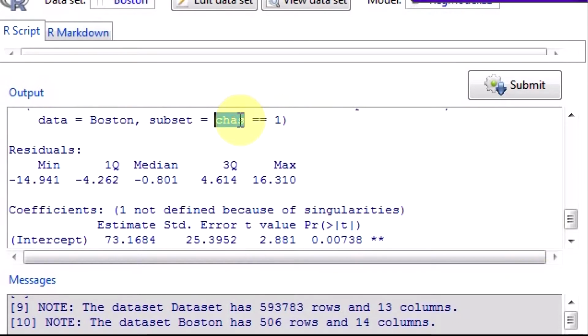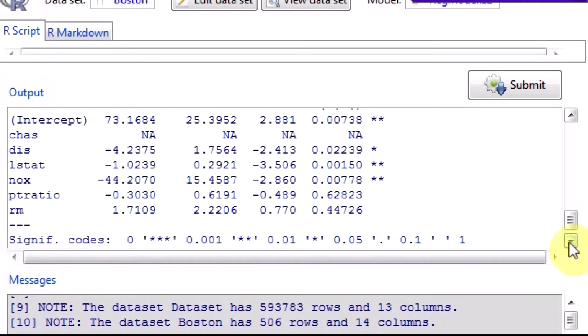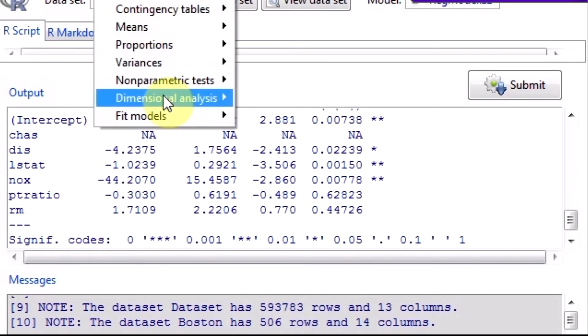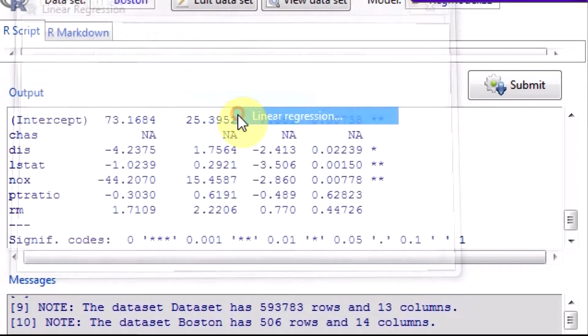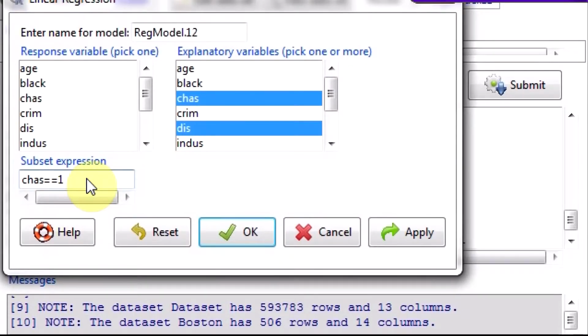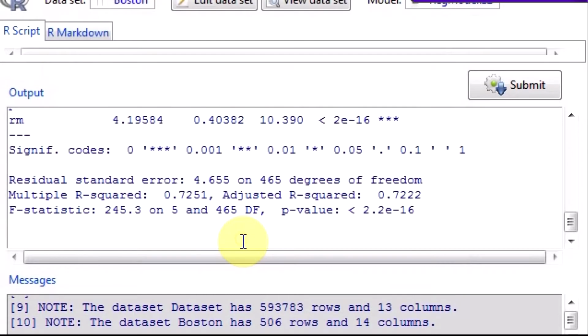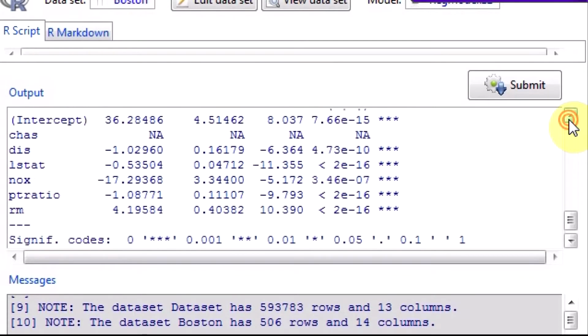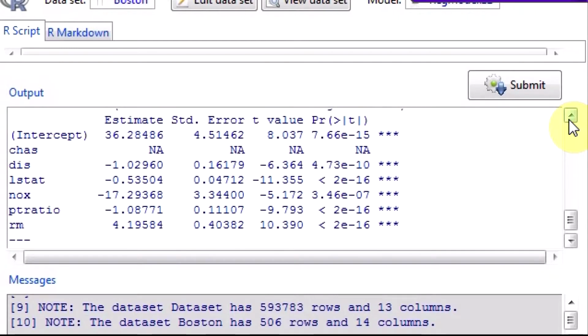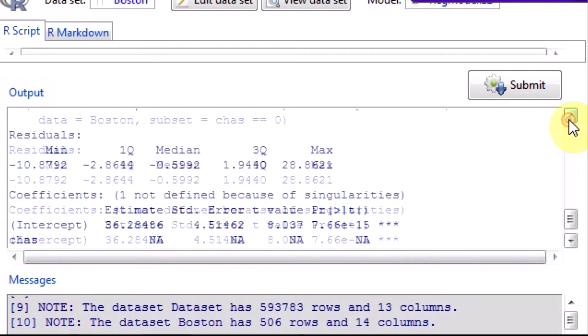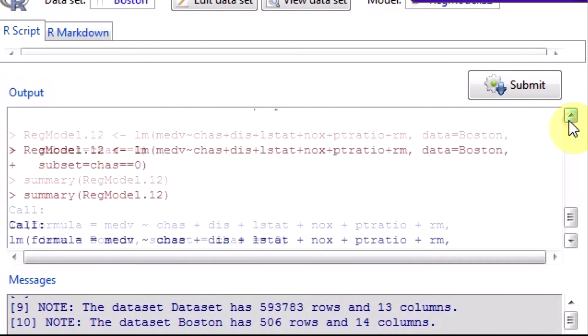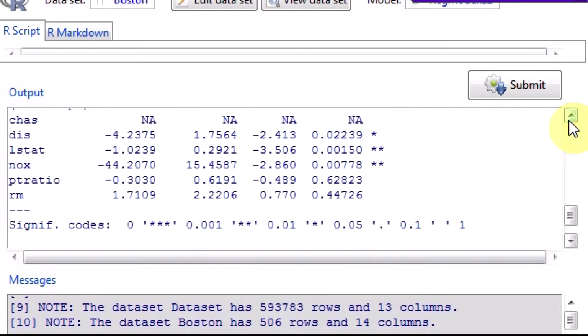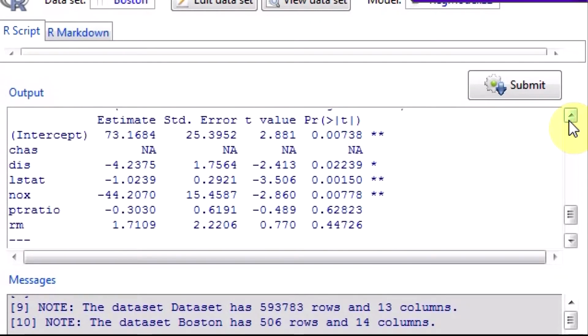You can look into subsetting, try it out. Now if you see, the model is completely changed, and if you say fit model, linear regression, Charles equal to 0, the model for non-river tracts and river tracts is completely different. So you need to look into segmented models as well.